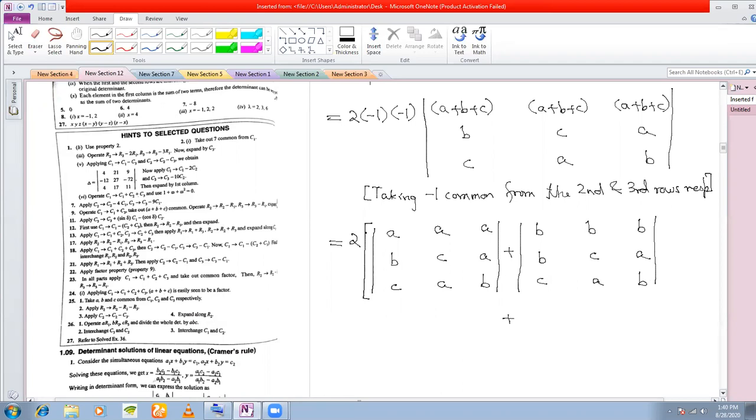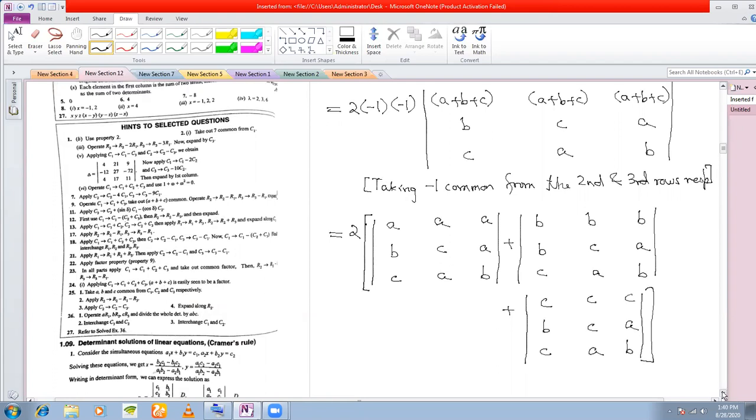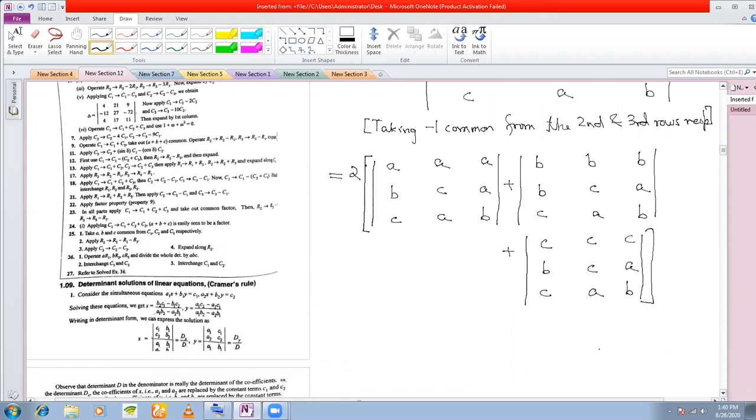And the third one will be C, B, C, C, C, A, C, A, B. Okay, this. Can I split it this manner or not? Yes, sir. If I can split it in this manner, then